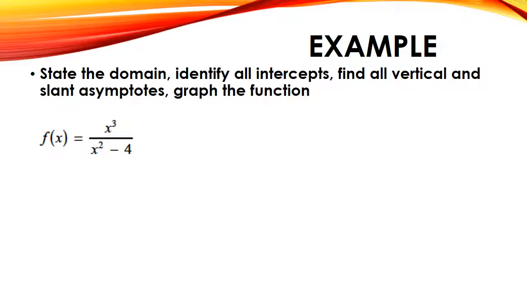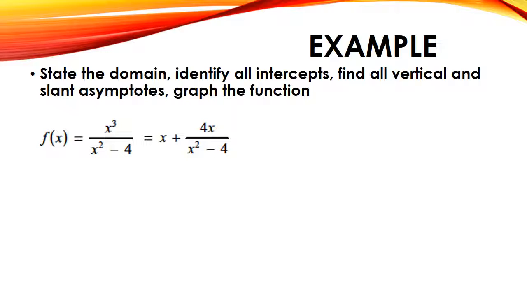Okay, let's try another one. This again is going to have a slant asymptote. Pause the recording, give it a try, and resume to check your answer. Again, the first thing we do is divide x squared minus 4 into x cubed, and we get x